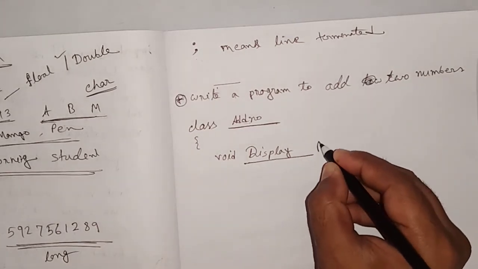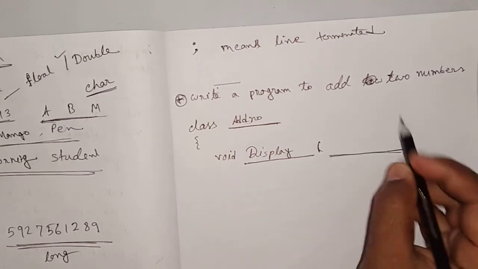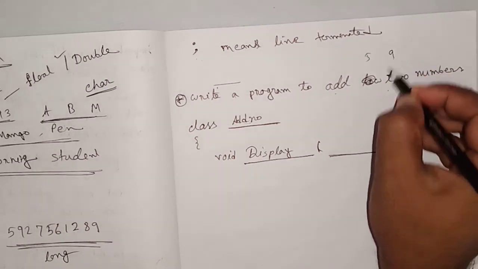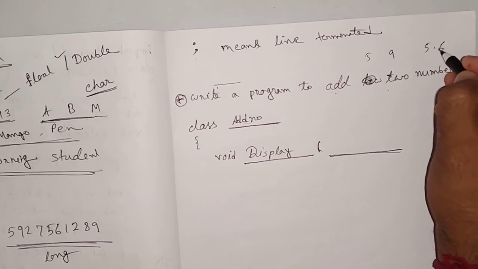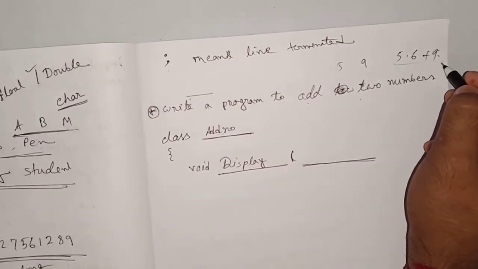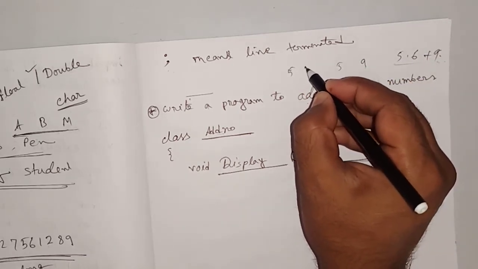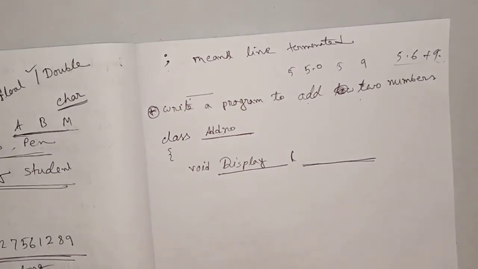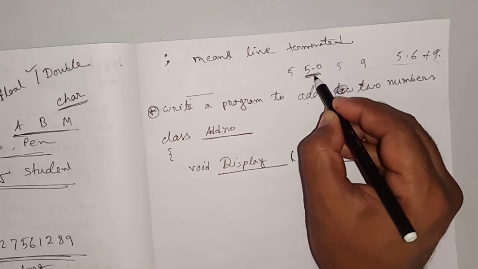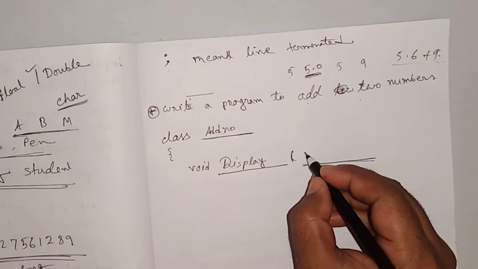Now the bracket, and again I'm giving an underline. This underline means, suppose you're adding two numbers, say 5 and 9 or 5.6 plus 9. This is your choice, which type of value you are taking. Now 5 means 5.0, right? So this is a point value. If I consider this a point value, we can use this one also or this one also. So I'm writing double